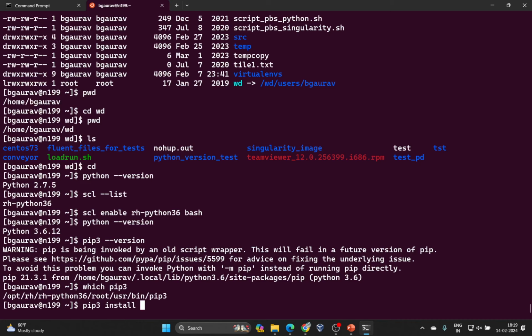So, we are not administrators here. So, whatever you install has to be installed with --user, so that whatever gets installed goes to your home directory. It may want to install something in root, which you may not be allowed. You do not have sudo access to the cluster. So, always do pip install with --user, and then I will do a --upgrade because I want to